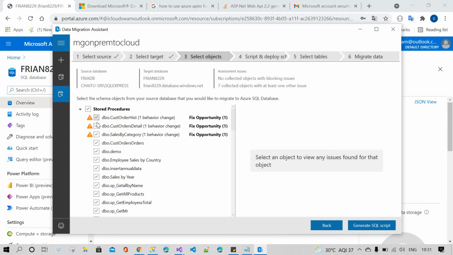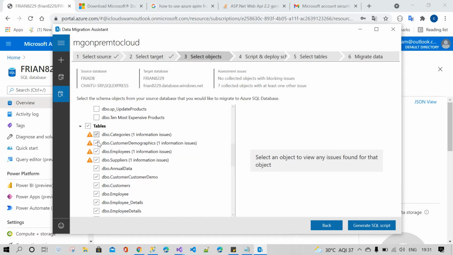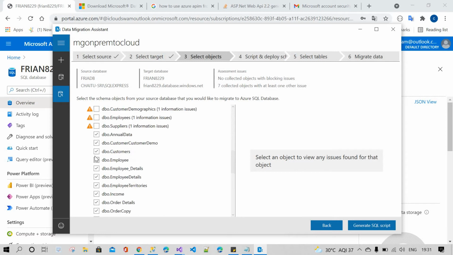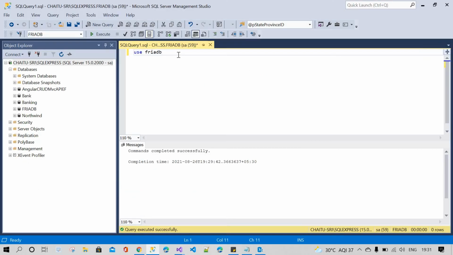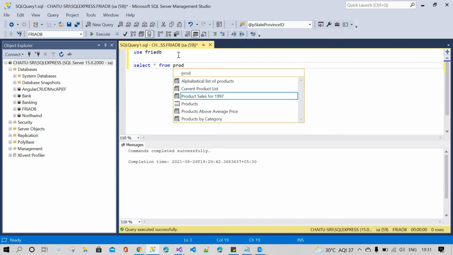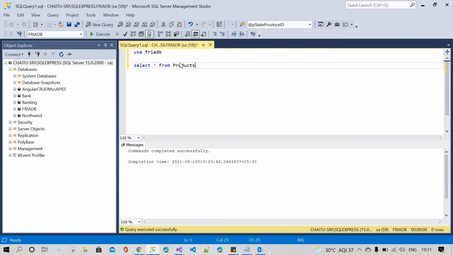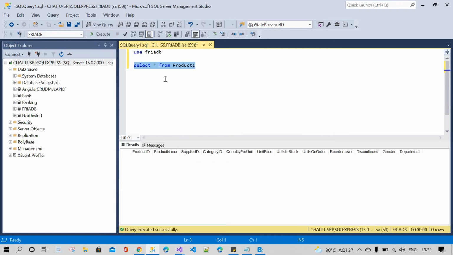Okay, I don't want all these tables. Currently I don't want to use the stored procedures. I'm just going to select the tables only. Products, deselect. First we will check whether data is there or not in the tables. No data.